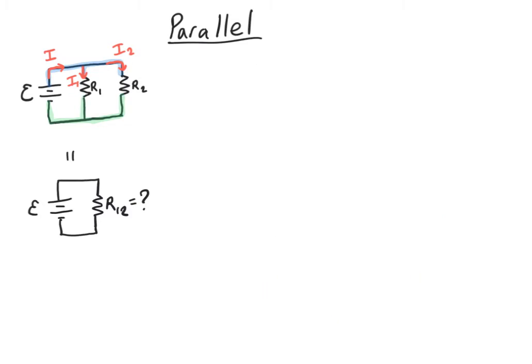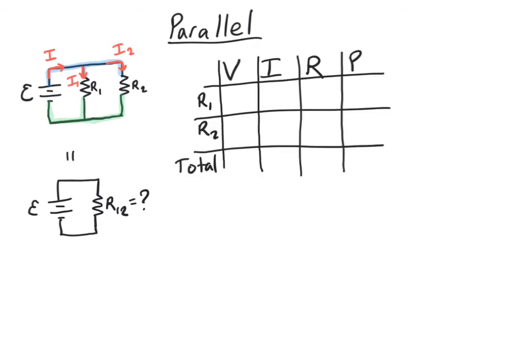Now let's go back and analyze the circuit using a VIRP chart. Let's start once again by inputting the things that we know, which again, like last time, are the voltage of the battery and the resistances. In order to keep going, I need to have at least two of the three columns filled in any particular row. One thing I could do is fill in the equivalent resistance down right here, but in this case,